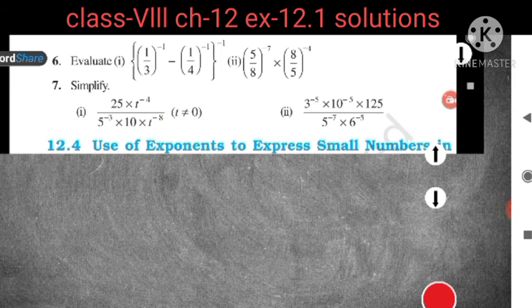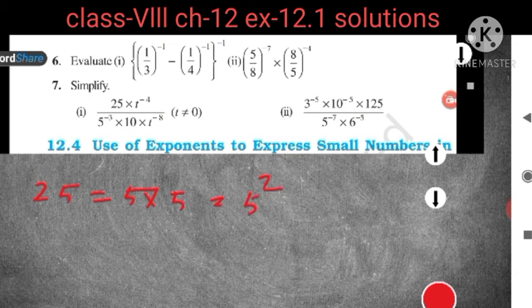Okay, you will find evaluate them. So simplify, it is given 25. So 25 means what? 25 we can write what? 5 into 5, isn't it? So 25 you can write 5 into 5, and 5 into 5 if you are to write in the power notation, it will become 5 to the power 2, isn't it?